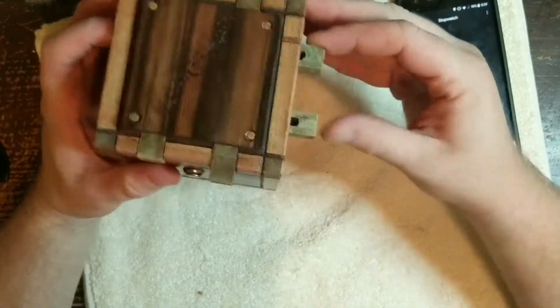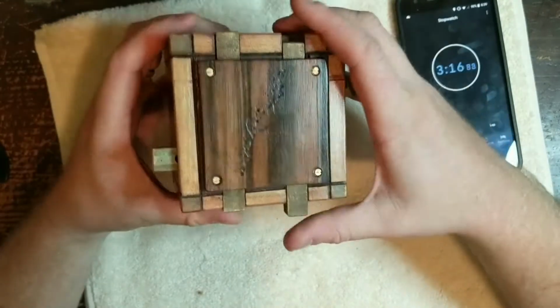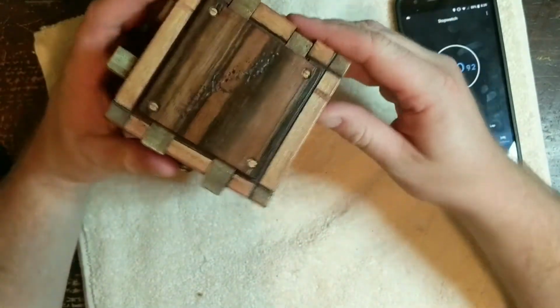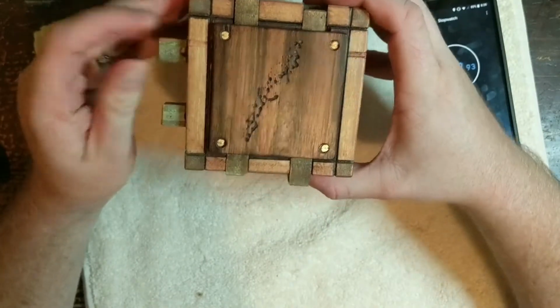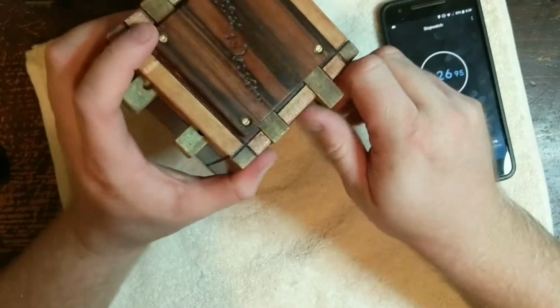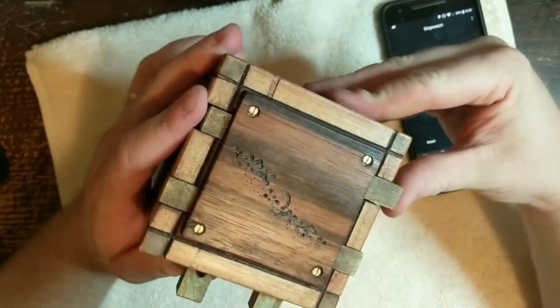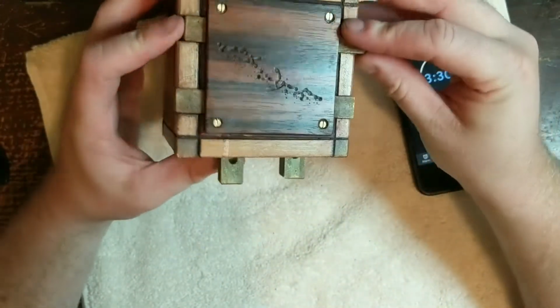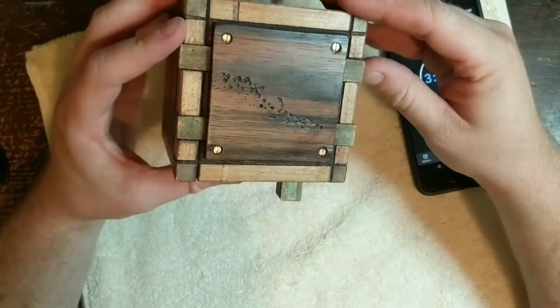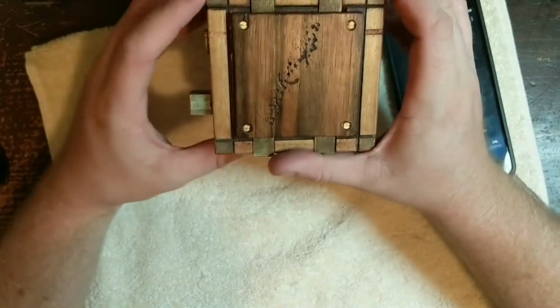I'm going to have to make multiple steps. Backwards. I don't know. This one, I hope I didn't mess this up already. I can't seem to get it. Oh wait. There we go. Okay, so there's